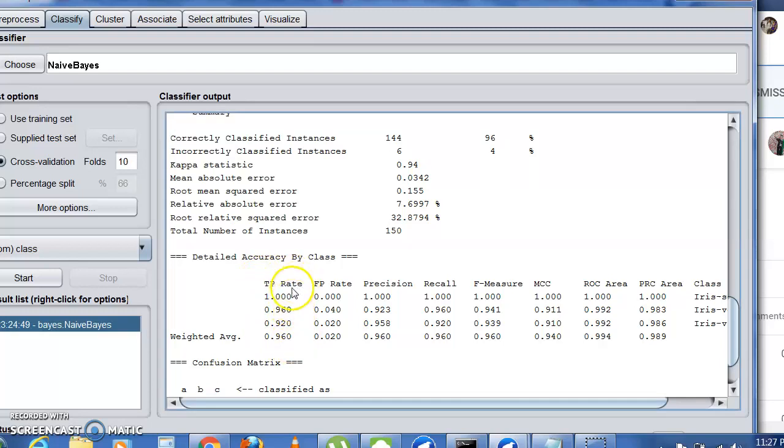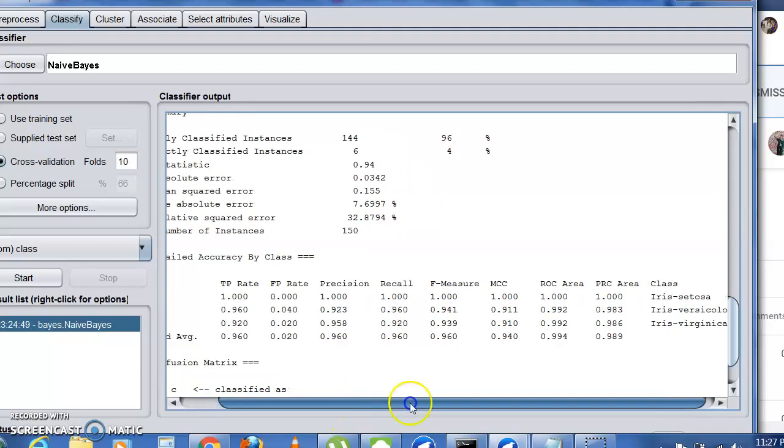You have 50 records each for Setosa, Virginica, and Versicolor. All 50 are properly classified under the class Setosa. Whereas for Versicolor it is 0.960, so some 0.04 is not properly classified and comes under the incorrect class. For Virginica only 0.92 is classified, and the remaining 0.08 is not properly classified.